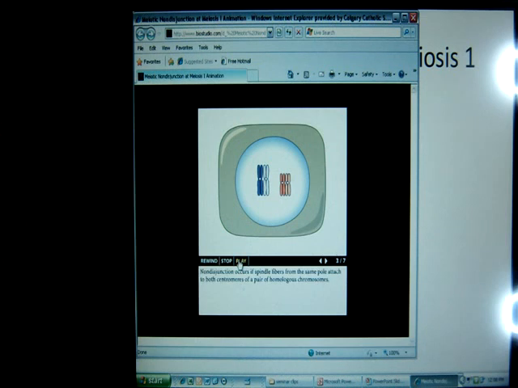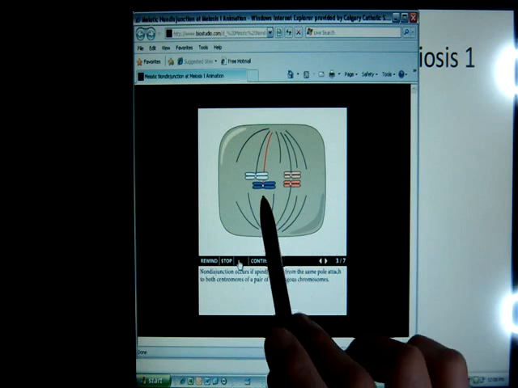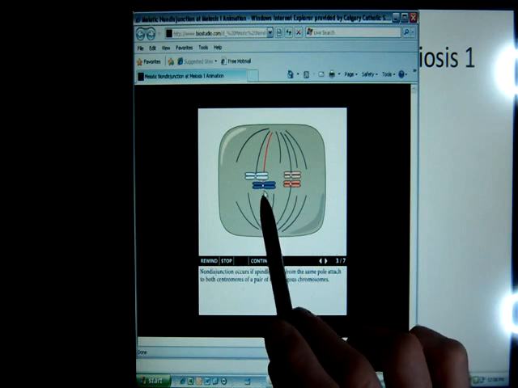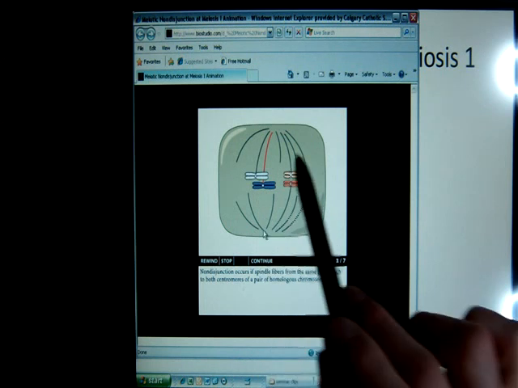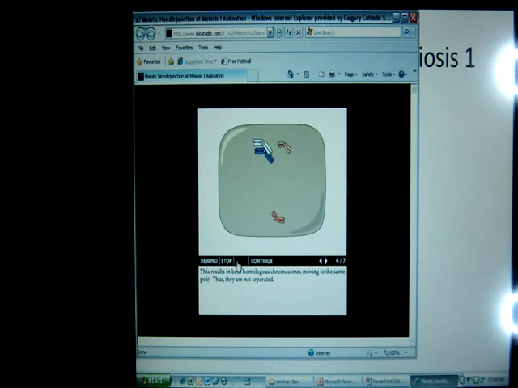Okay? And then eventually those chromosomes are going to line up opposite their partners at the halfway point of the cell. And the spindle fibers will grow out to attach to the chromosomes, and they will be pulled to opposite poles of the cell. But here you can see, for whatever reason, this chromosome is not attached to a spindle fiber that will pull it in the correct direction. It's attached to a spindle fiber that's going to pull it in the wrong direction. So if we follow this through, we can see that one of those chromosome partners was not pulled to the correct end of the cell. So those cells are going to divide,